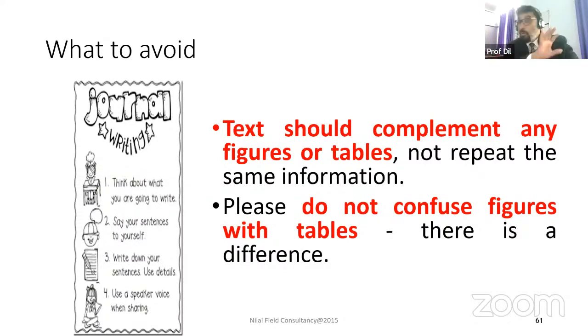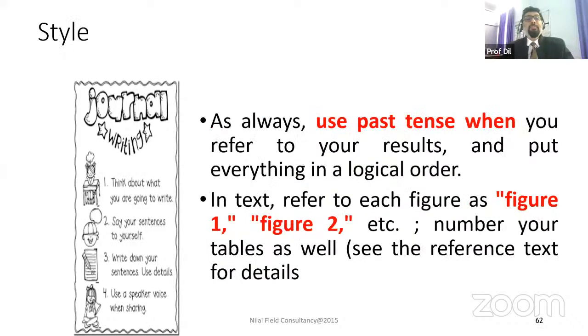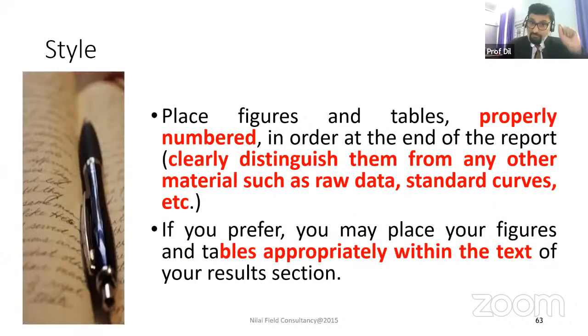A little explanation, not too heavy an explanation, not too large, just a little bit. So this is to be taken. Now comes the style of writing the results section. Use past tense, and always use Figure 1, Figure 2, and likewise; everything has to be figured properly. All the figures, Figure 1, 2, 3, 4, should be clearly mentioned and properly numbered exactly.